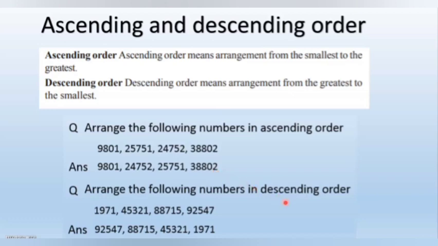Let's see descending order. Arrange the following numbers in descending order. Descending order means decreasing. So starting from the greatest, can you tell me which one is the greatest? In these numbers, these 3 numbers are having 5 digits. This number is having 9 in its first place. So this is the greatest number. We place it over here. Now among these 3, this one is having 8, this one is having 4. So this one will come next and then this one next and then this one at the last. So we have arranged this in descending order.